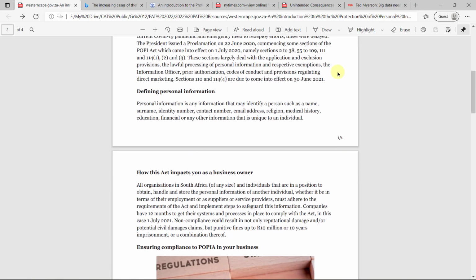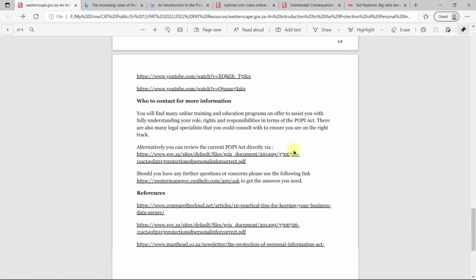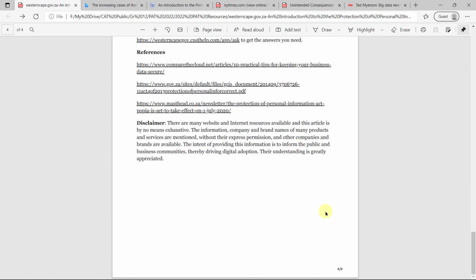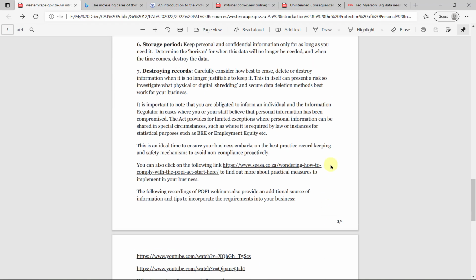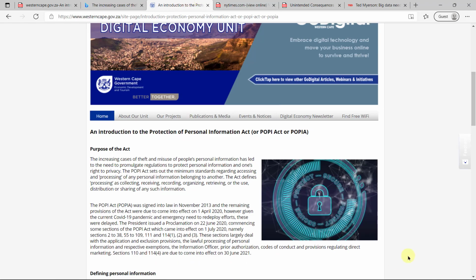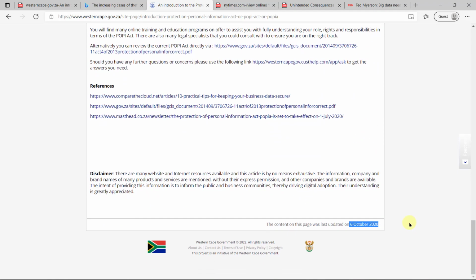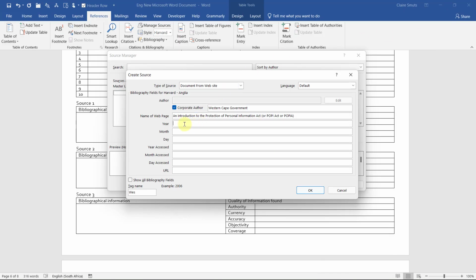Now you'll see on the PDF version, let's see if we can actually find the date. On the PDF version, it actually doesn't give me the date when it was updated. But when I looked on the website version, it gave me the date. So the online version shows me the 6th of October 2020. Now let's see, year goes in over here, 2020. Remember you can just tab between these fields. If you're wondering whether you must type in October or 10, you can see here it shows us the example. Must be October